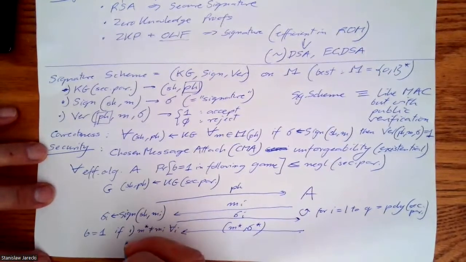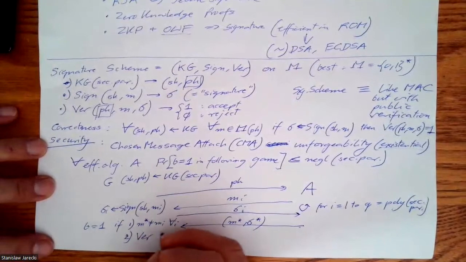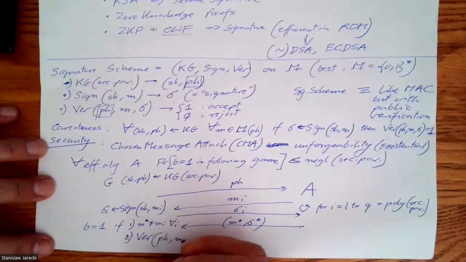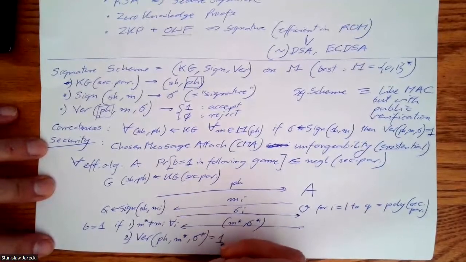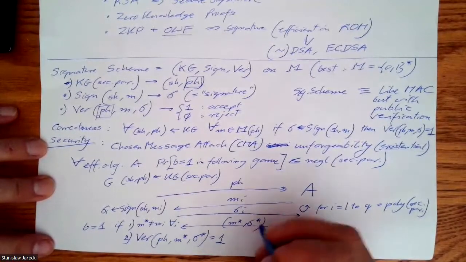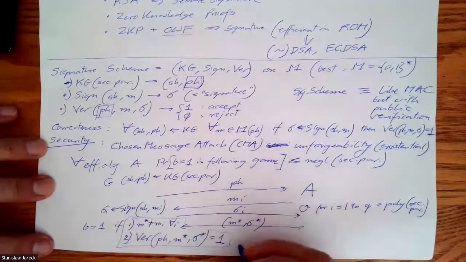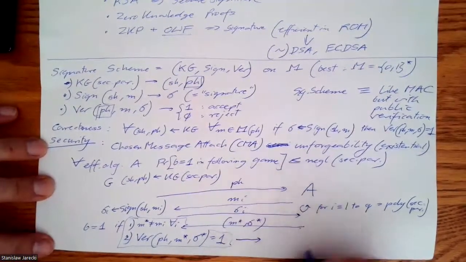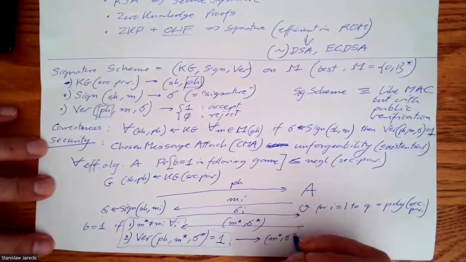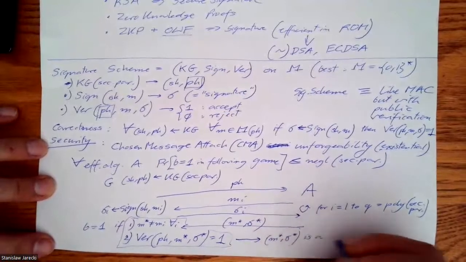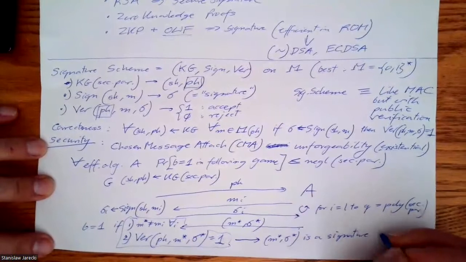And secondly, the verification on the public key worked, right? So if these conditions are satisfied, then we call (M star, sigma star) a signature forgery,